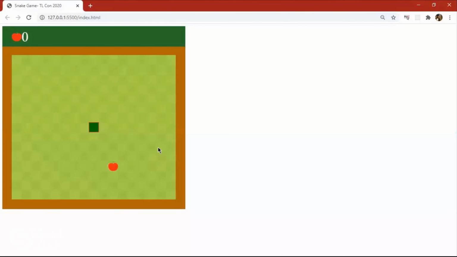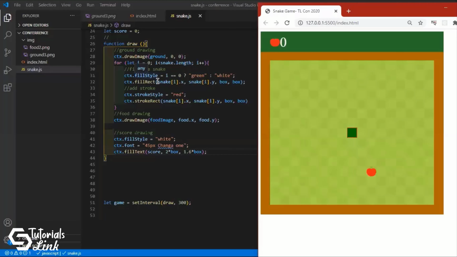So you can see right here, i is initially 0, so it is green. It is positioned at 0, 0, so it is just in the upper corner, and the score is 2 boxes from X right here, and 1.6 boxes from the top, that is right here.